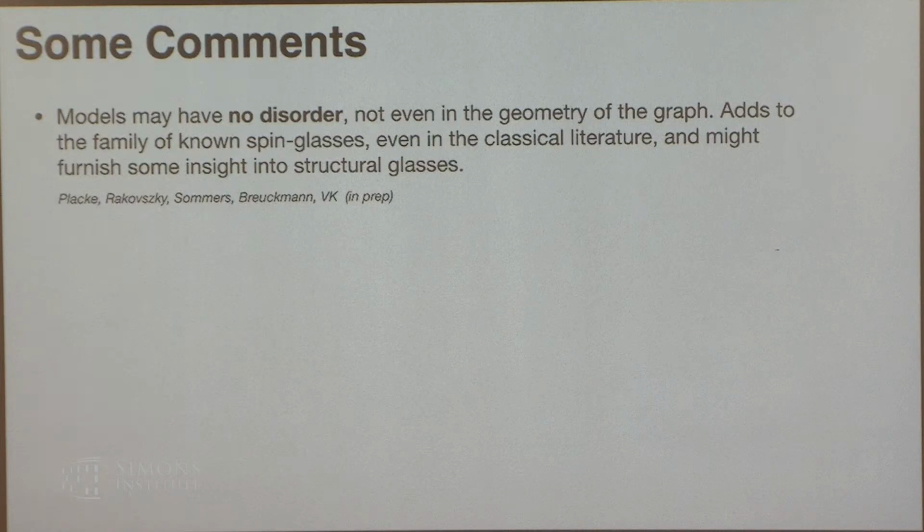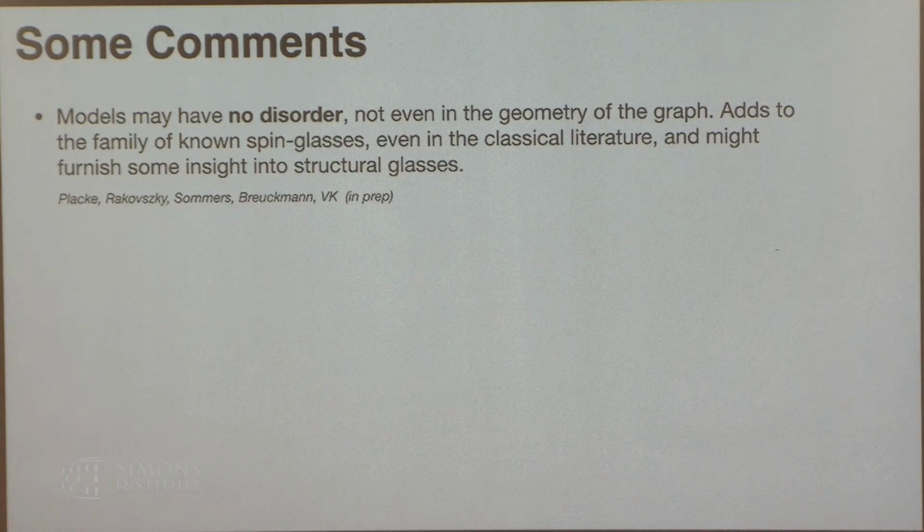Okay, so some comments. These models that I'm thinking about, usually when people talk about spin glasses, they have in mind disordered spin systems, but I'm not thinking about models with any disorder whatsoever. I'm thinking about codes. And in particular, you can even get rid of disorder in the geometry of the graph. Okay, so often people define codes on random regular graphs, but actually we can think about very structured codes which live on Cayley graphs of different groups, which are expanding. So there can be no disorder whatsoever.